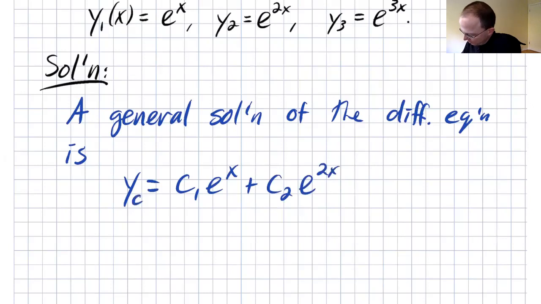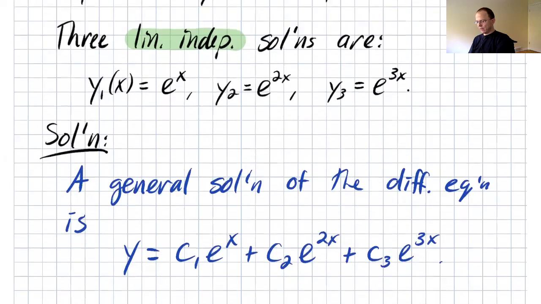Normally I'd write a C there if we're doing a non-homogeneous one, but this is just a homogeneous one. So this is a general solution of this. Okay, so there's a general solution of this differential equation, and we want to find the solution that satisfies these